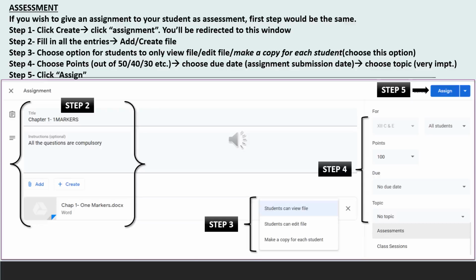Now suppose you make a copy for each student and you want your student to edit that particular copy, and if it is not a Google document, the student would only see the Word doc as a PDF file in front of them. They can neither download that file nor edit it. So I would suggest you please make your document on Google Docs so that they can edit that file there and then. Now step 3, I would again repeat, whatever content you are sending, please choose make a copy for each student. This will help in sending a separate copy to each student.